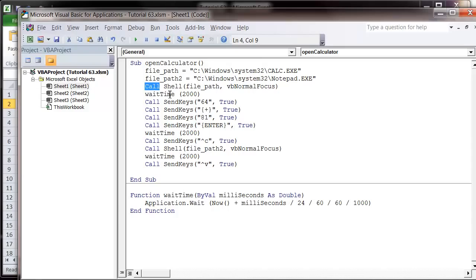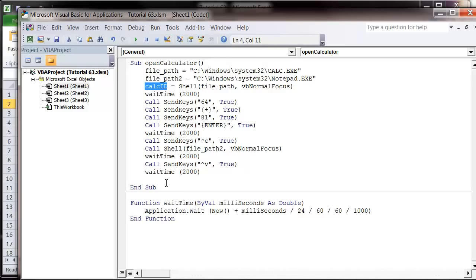So instead of using a call function on our shell command, we're actually going to assign the function to a variable. So I'm going to assign it to calcID and then equals the shell command. And now what calcID is going to store is kind of a reference to this command. So now we've done our pasting in, we can put in some wait time and then get our calc